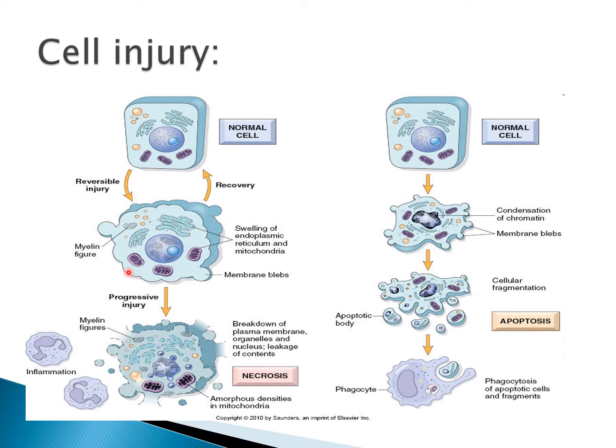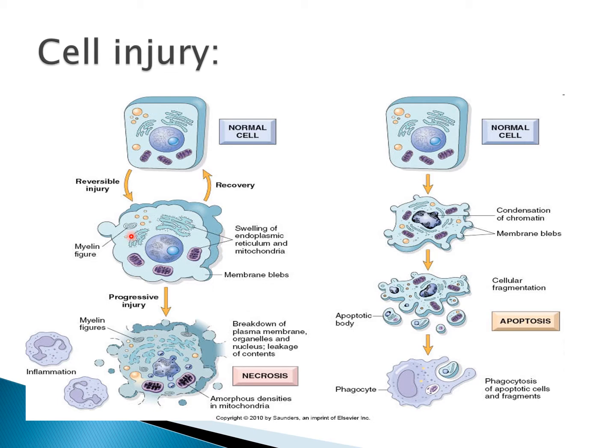So these blebs are there, but the cell membrane is intact. And if you look at the size of the organelles inside the cell, like the mitochondria and the endoplasmic reticulum, these are swollen: swelling of the endoplasmic reticulum, swelling of the mitochondria with appearance of densities inside them, in addition to the accumulation of injured or damaged phospholipids inside the cell, which we call